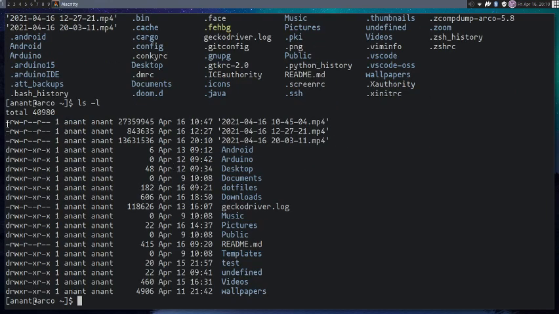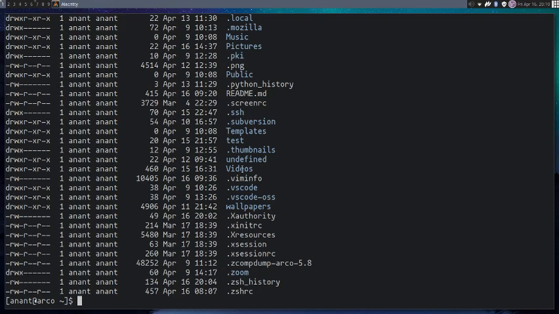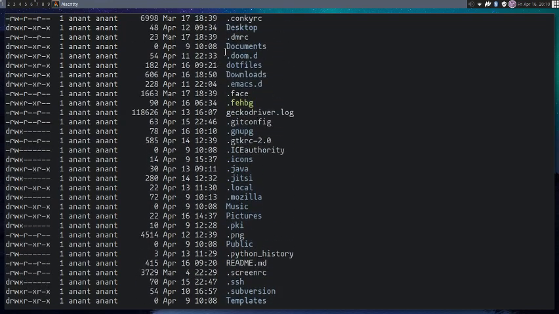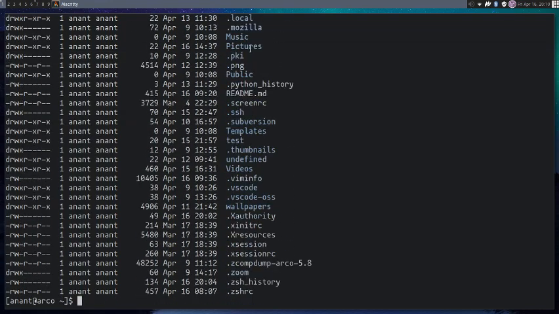It will show in the long listing directory, but it is not showing the files which are starting from a dot. So you can type ls -la. It will show all the directories and files which are starting from a dot also, and also the normal directories.